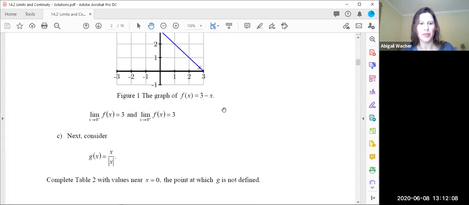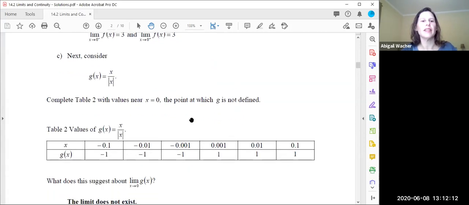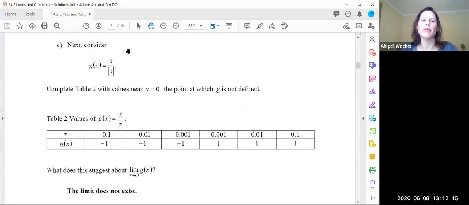Let's continue. So next, consider g of x equals x over absolute value of x. Complete table 2 with values near x equals 0, the point at which g is not defined. We know g is not defined here because at x equals 0, you would have denominator 0, so that's how we know that. All right, so using an online calculator or your scientific calculator, or actually just a basic